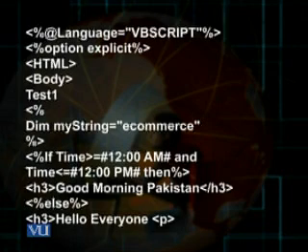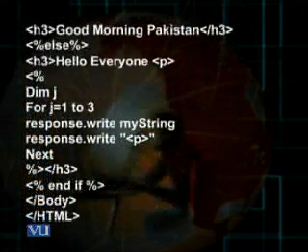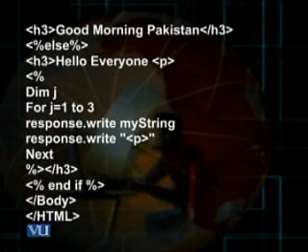If time is greater than or equal to 12 a.m. and time less than or equal to 12 p.m., then in an H3 level heading the words good morning Pakistan should come, else hello everyone.